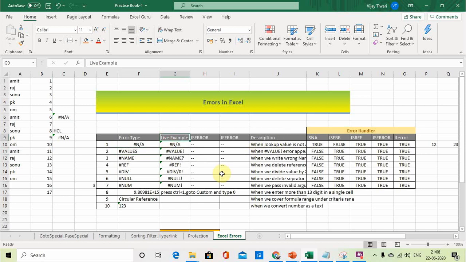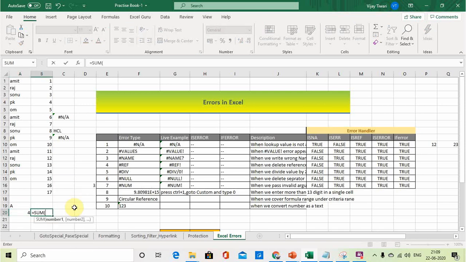Okay, the second one is the #VALUE! error. It comes in multiple scenarios, like if there is some issue in some values. Suppose there is some text in one cell and some value in another cell, and you are trying to do a summation of those two values.